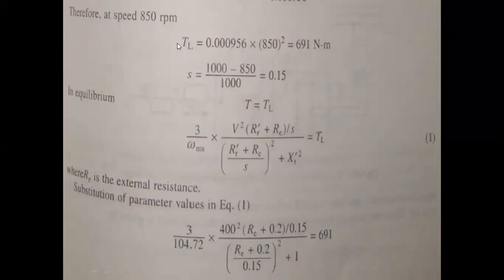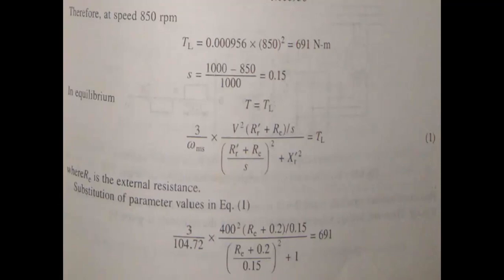This is the torque value, and at this torque value we have to find the new slip. S is equal to (ns minus n) by ns. What is the value of ns? 1000. N is 850, the required rpm, divided by ns, 1000, so the slip is 0.15. We all know that T is equal to T_L. In previous problems, when controlling the speed of the induction motor from the stator side, and also in the fourth chapter, we discussed that T is equal to T_L. So as an assumption, we take T equal to T_L.